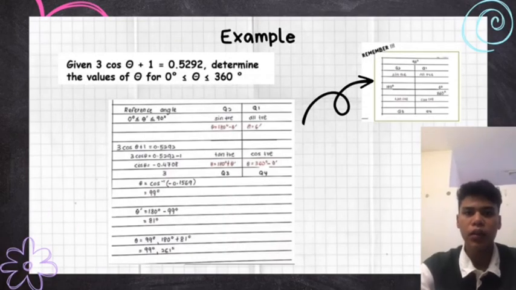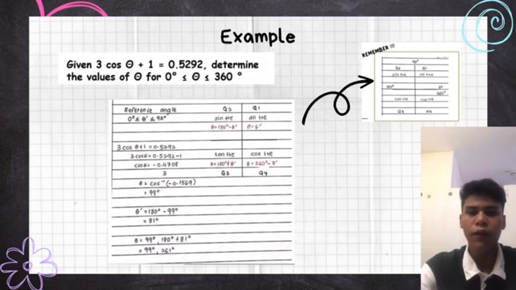Okay guys, let's see the question. Given 3 cos theta plus 1 equals 0.5292, determine the value of theta. The first one, we need to solve 3 cos theta plus 1 equals 0.5292. It will be 3 cos theta equals 0.5292